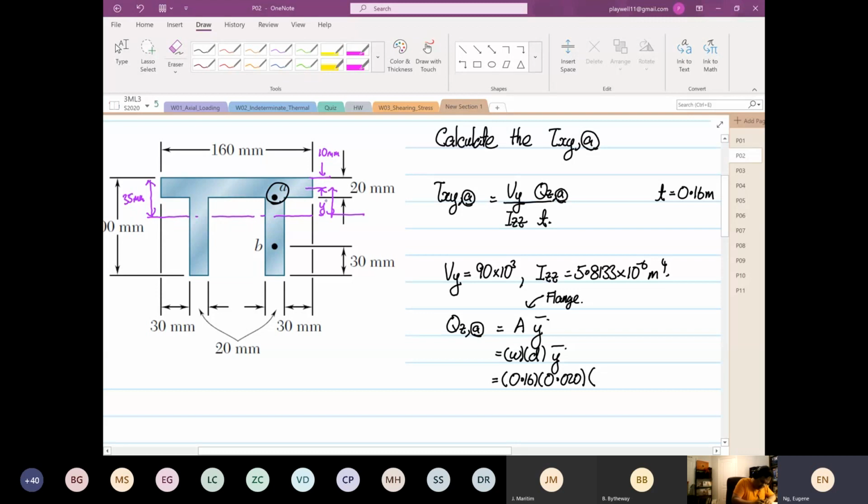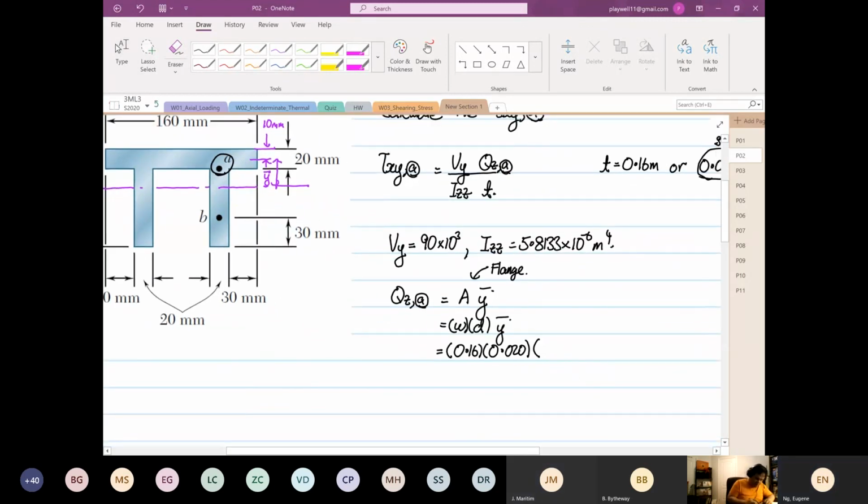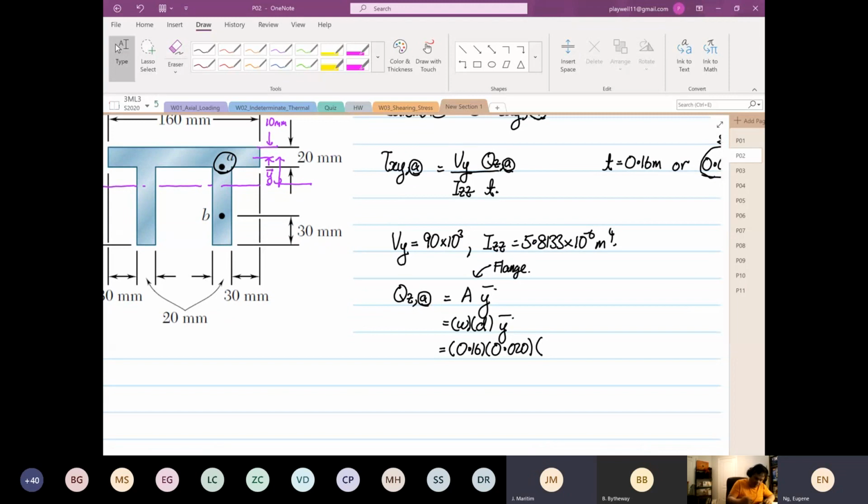Okay. So from there, our y bar will be equal to 0.035 minus 0.01. So this will be equal to 0.025 times 0.02 times 0.16 is equal to 80 times 10 to the power minus 6 meter cubed. Okay. So therefore,